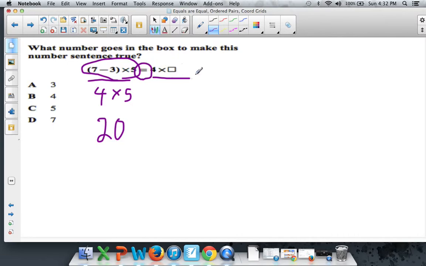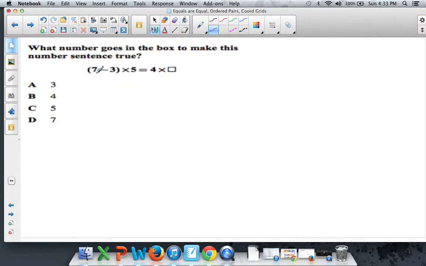So 4 times blank, 4 times 5 is the correct answer. That will also get you 20. C. The other way of thinking about this that I alluded to a moment ago was just think to yourself,